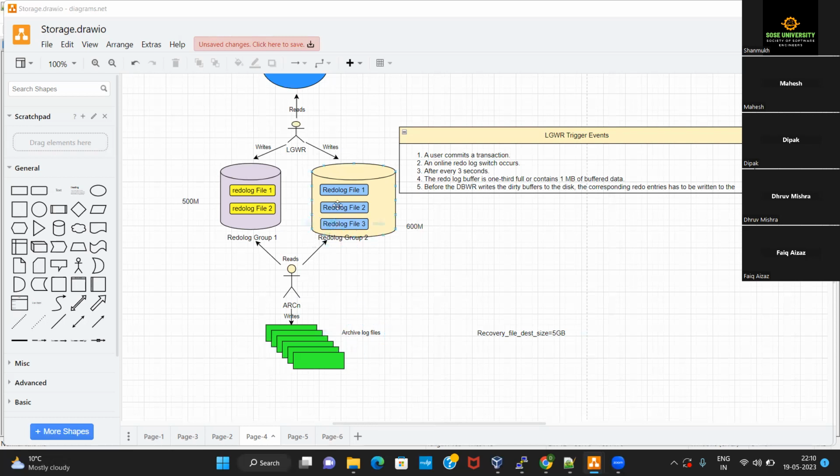If there is no free space to write redo entries in the redo log files, your database will stop functioning. It will just hang. Okay. Clear with that much information?